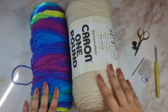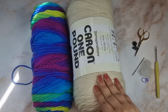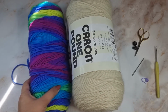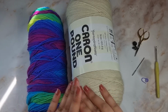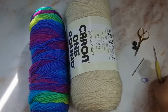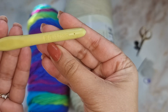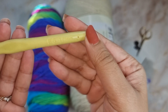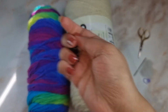So here are all the supplies you're going to need to make this project. I'm going to be using this off-white color for the base, and for the wings and some of the other detailing I'm going to be using some variegated yarn. You can use absolutely any colors that you like, go crazy. Along with all of my yarn, since it's medium or worsted weight, I'm going to be using an F or 3.75mm crochet hook. I also have a pair of safety eyes,